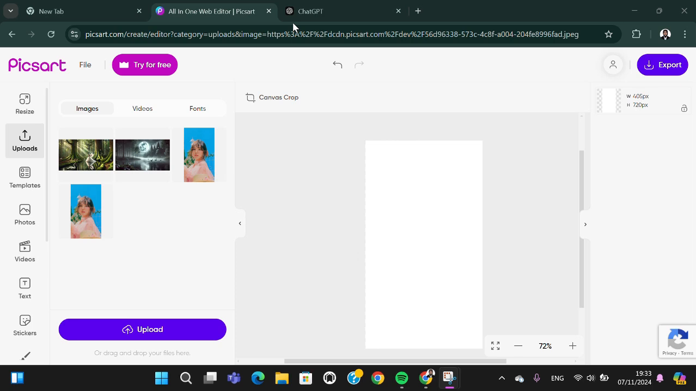In today's tutorial, I'm going to show you how you can create your own custom face using PicsArt. Okay, let's get into it, guys. I have opened PicsArt.com on my computer and I'm going to show you how we can create a custom face in